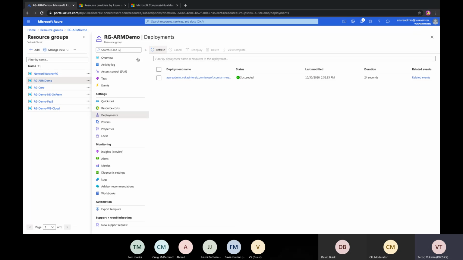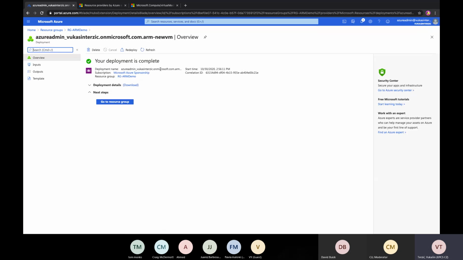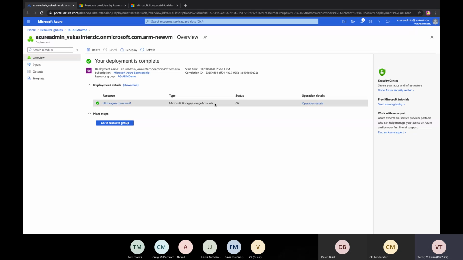So here we can see the deployment. This is our deployment. We can see that it succeeded. We can even dig deeper inside of it, and we can look into deployment details. Then we can see that this storage account, we know that because it's Microsoft storage account, is being created. And we can also see that this was